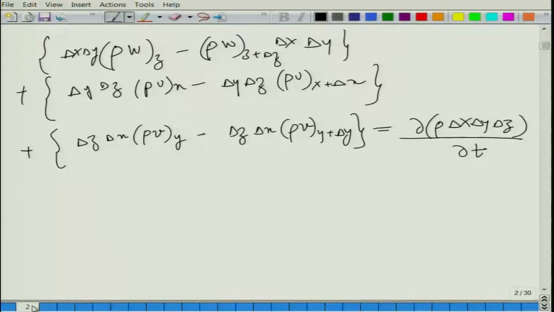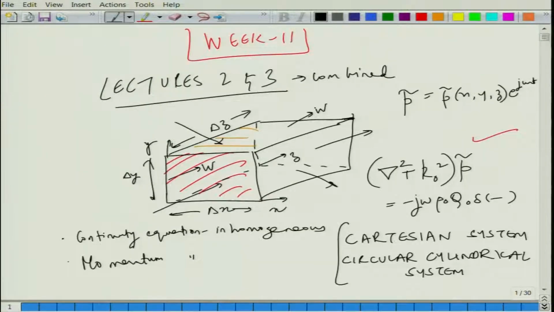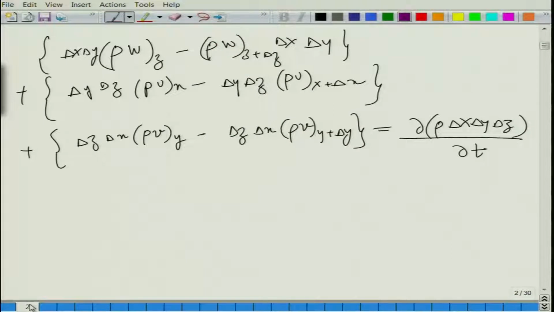But for now we stick to the Cartesian coordinate system, and using that we will present one sort of formulation. What is happening here is that this is what we were getting all this while when there was no source inside this volume. However, if you consider a general source term inside this volume, let us say this entire thing has some sort of sources which inject mass or take out mass, and the distribution of such source is such that